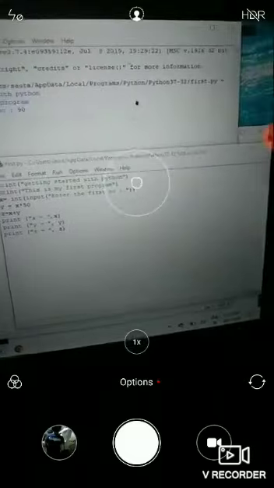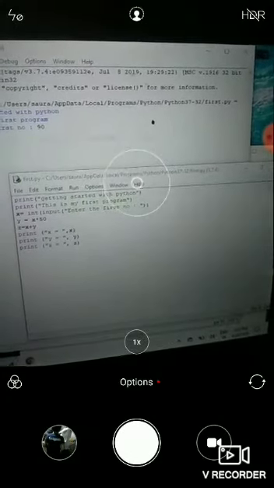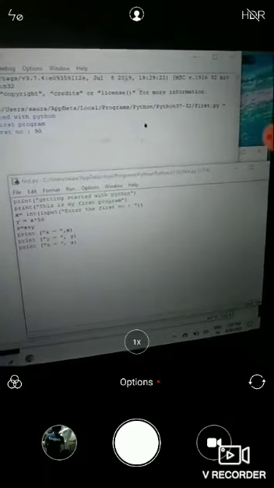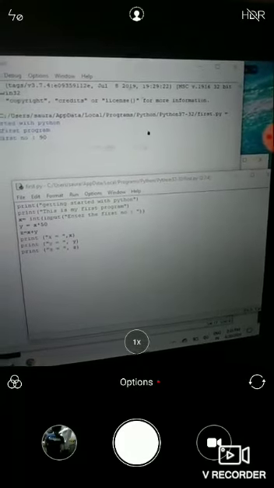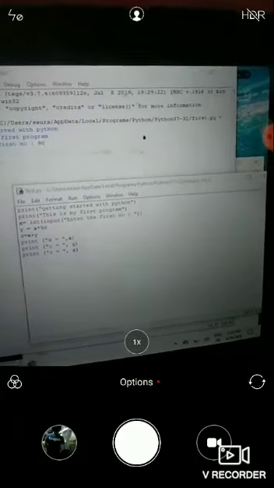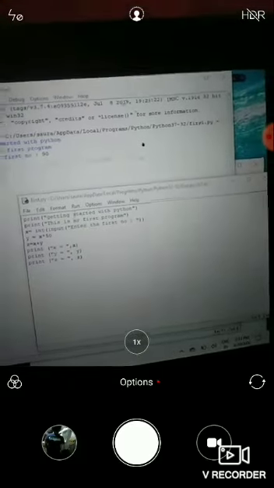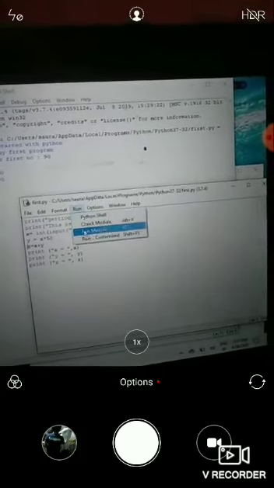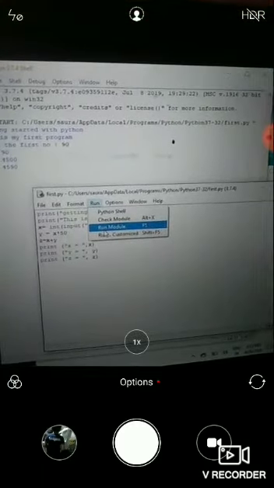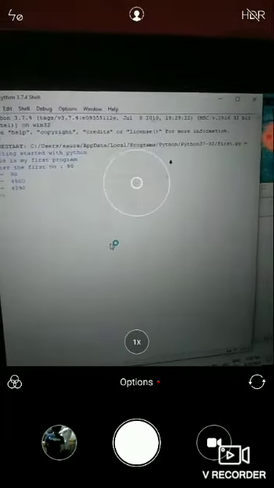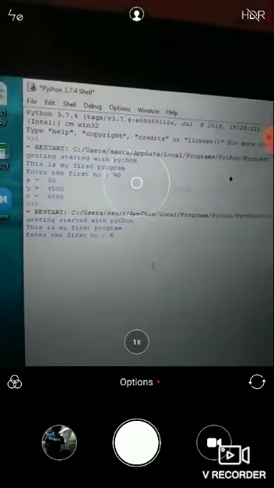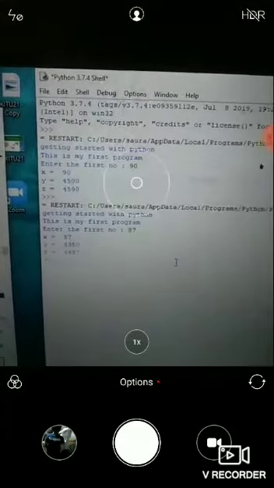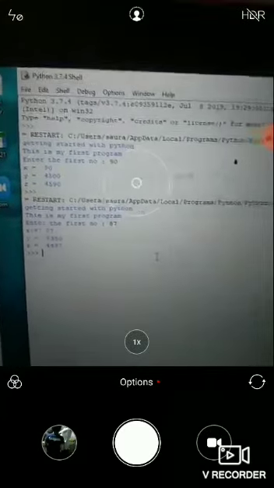Even if you forget to give the extension .py or .pyw while saving your file for the first time, the Python compiler automatically saves the extension along with the file name. To execute the Python script file, we have to choose Run Module. Here the Run Module option is given in our window, in Run Module or F5. So we can also run this program by pressing F5. So let's run the module again and run this program, so that here we can see the program is running again and asking for a number. This time I enter 87. So according to the program, it gives us the output.